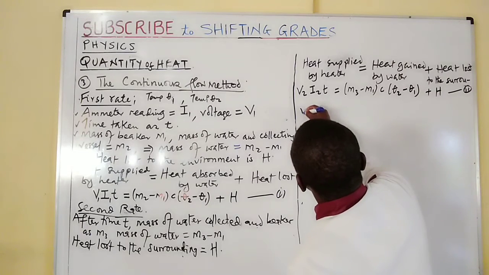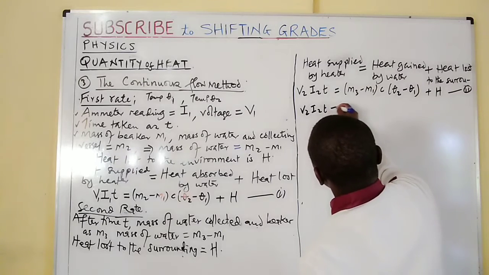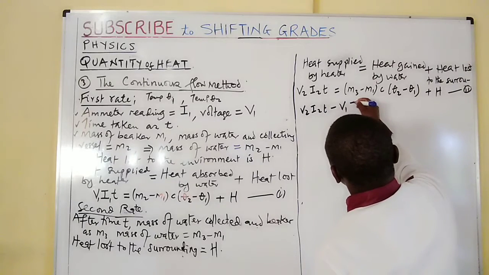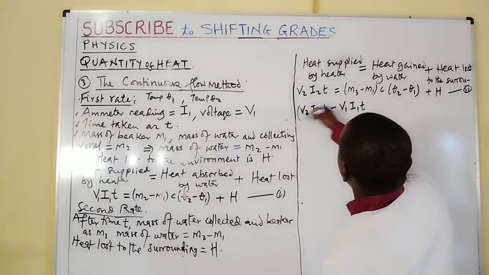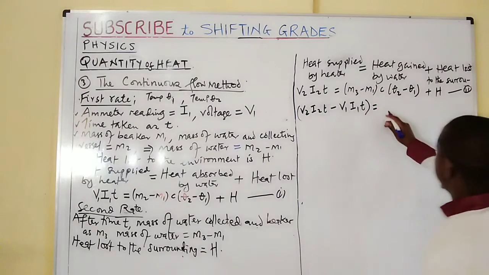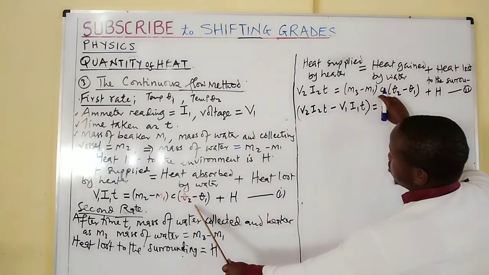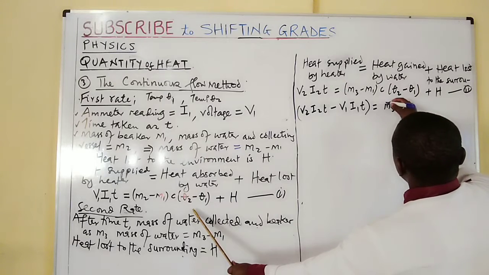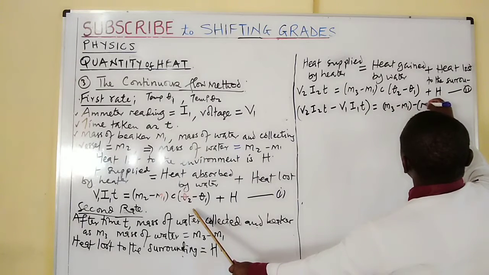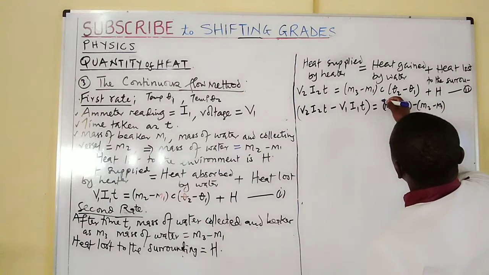Therefore we shall have V2 I2 t minus V1 I1 t being equal to this expression minus this one. Therefore you'll find it is M3 minus M1 minus M2 minus M1,